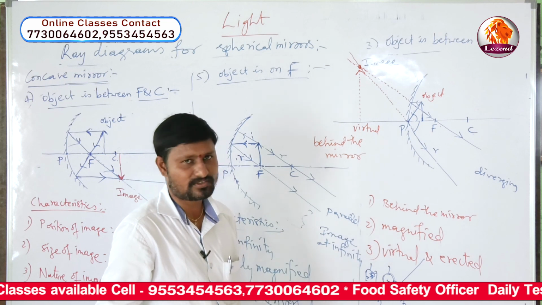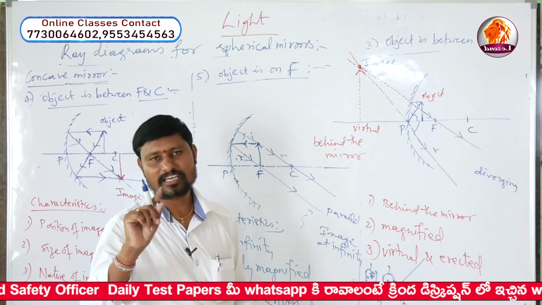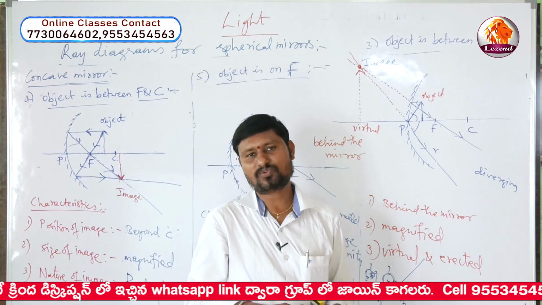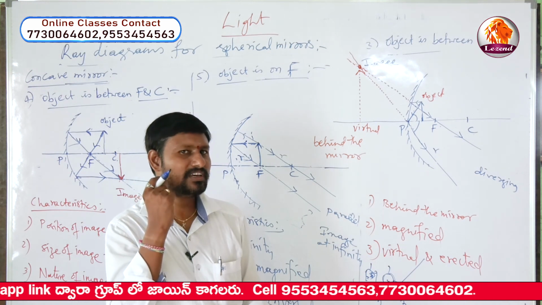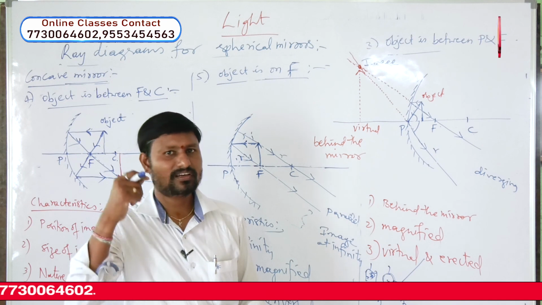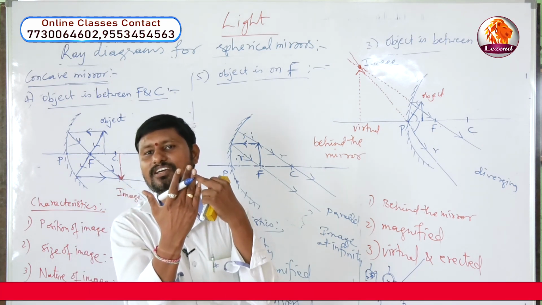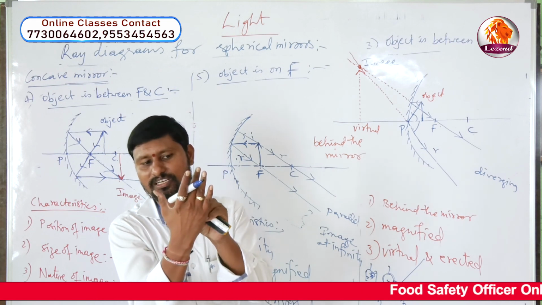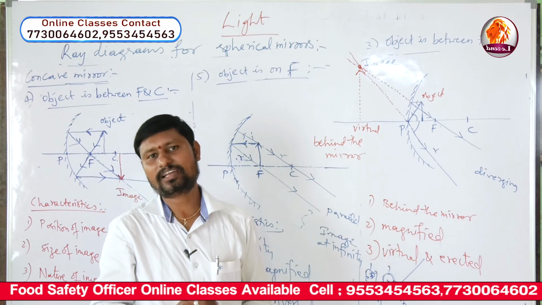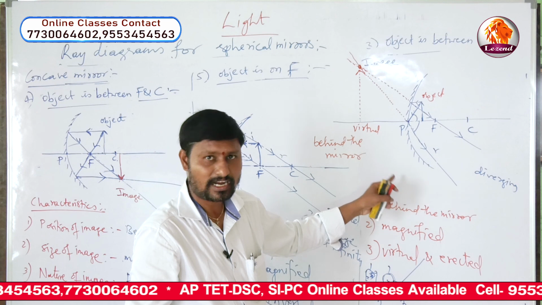So one use of the concave mirror is by dentists and ENT specialists, and it is also used as a shaving mirror. A shaving mirror is used to shave even the small hairs of your beard properly. We adjust the distance between the mirror and the hair such that it is less than its focal length, so that the image will be enlarged. Even the small hair appears enlarged, so that we can give a clean shape. That is why the concave mirror is used as a shaving mirror and dentist mirror.